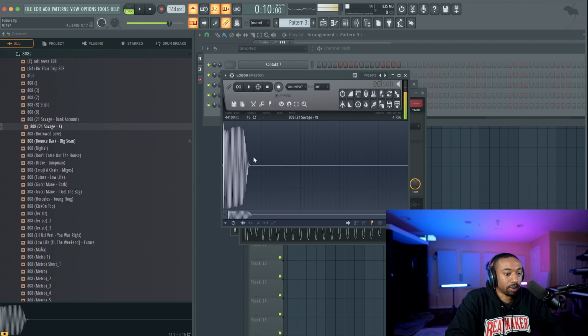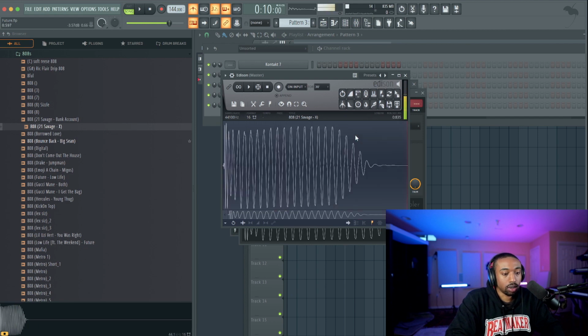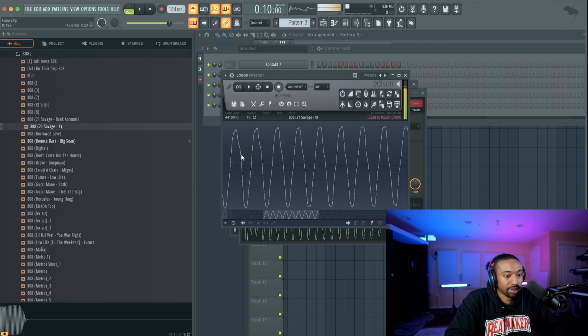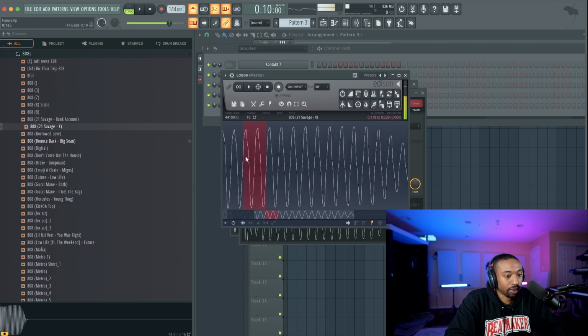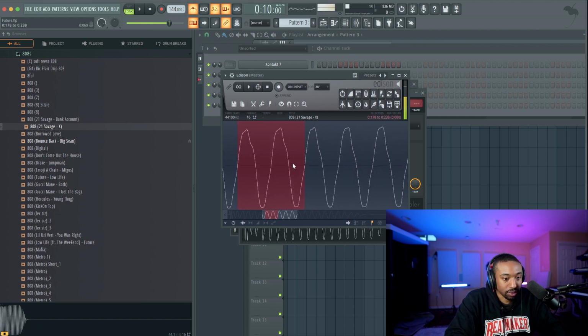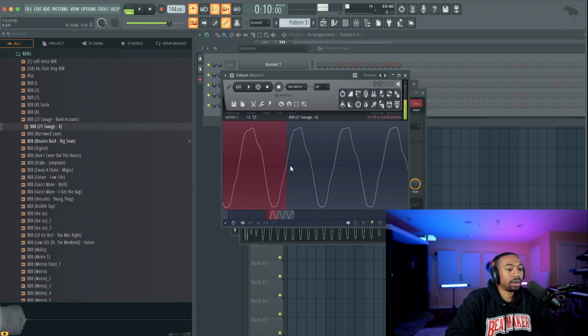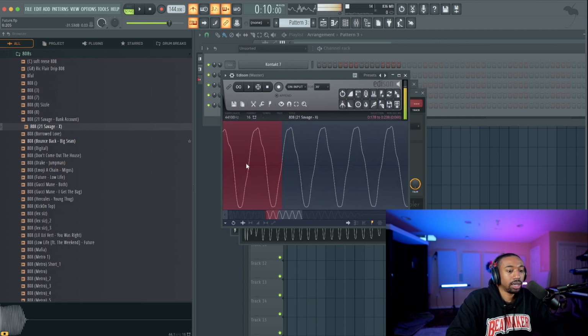First thing we're going to do is just get rid of all this excess. Hit Control X or delete, or cut on a PC. We're going to change our snap to grid here with the magnet to 0 crossing. And we're going to left click until we find a section in here that we can loop. So you have to have it on snap to 0 crossings for this to work, or else you're going to get clicks and pops.